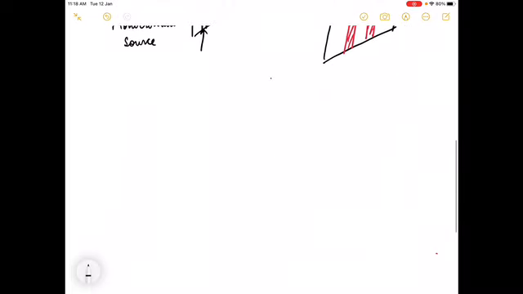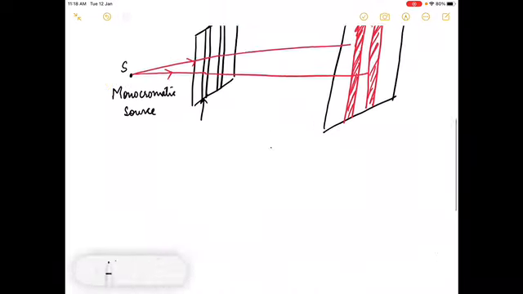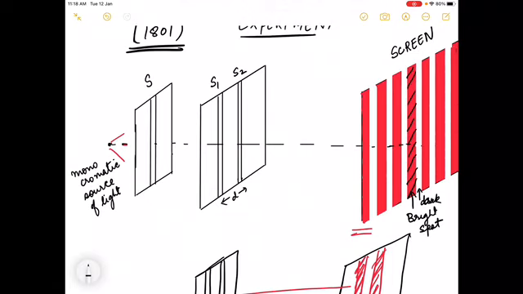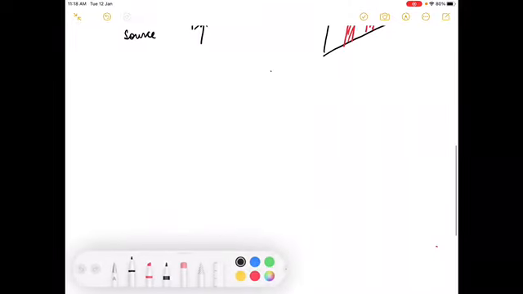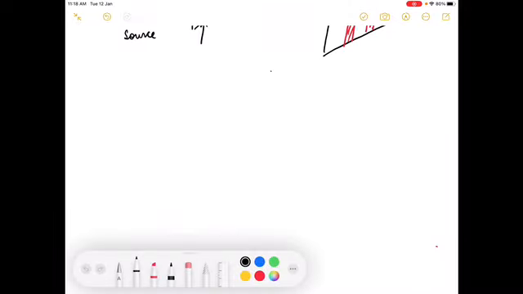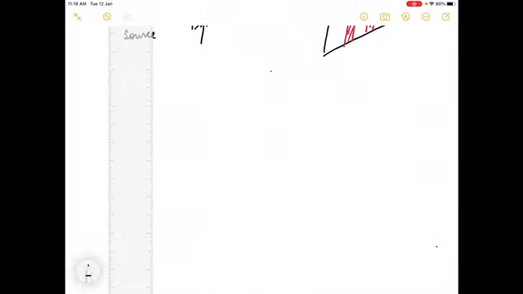So let me just very quickly make the top view, right? Okay, you have seen it was a normal view. I will just take the top view, and let's try to understand what is actually happening, how I can explain this with the help of Huygens' wave theory.